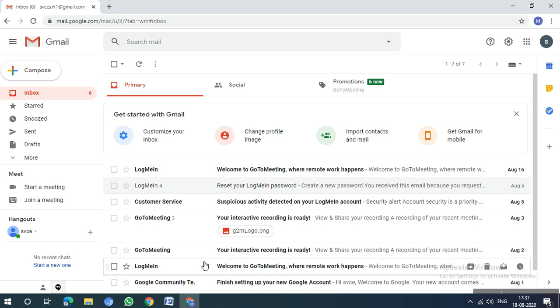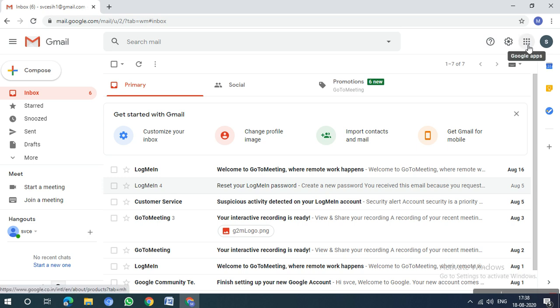So first and foremost thing is I request all the teachers to create one new Gmail account. I'll tell you why. The reason why we are asking you to create one new Gmail account is every Gmail account will come with a Google Drive, which is maximum capacity of 15 GB. If you see here, this is my Gmail account.